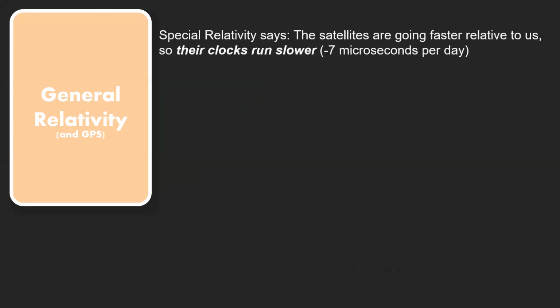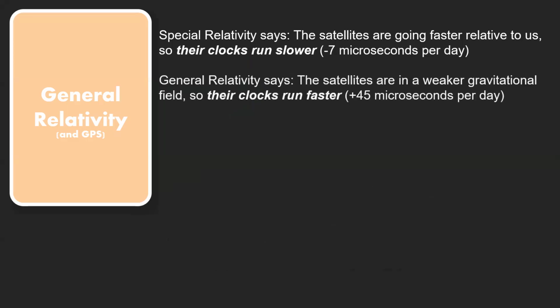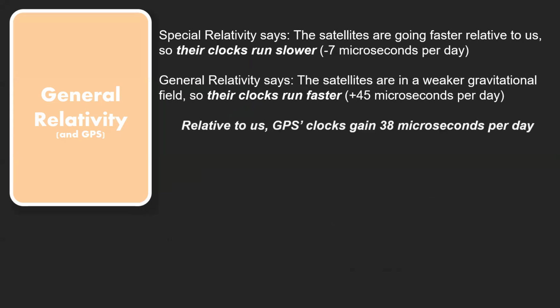So we know that special relativity tells us that the satellites are going faster than us, so they end up losing 7 microseconds per day. But general relativity says that they are in a weaker gravitational field, so their clocks tick faster and gain 45 microseconds per day, which means that if you add it up, they gain 38 microseconds per day. And just to give you a perspective on the effect,